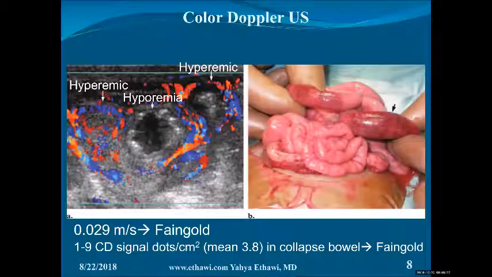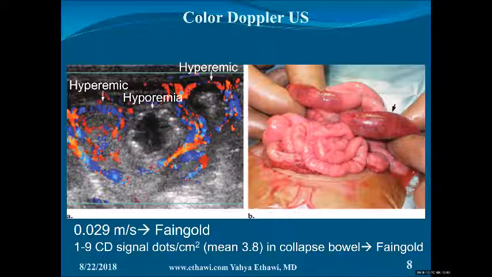Okay. Regarding the Doppler, as I told you, the study came from Fane Gold from Ontario, who did a study on 26 babies. These 26 babies ended up having surgery, and he compared the findings with the macroscopic view by the surgeon and also the histopathology, if it was done. And he concluded that there is a hyperemic and